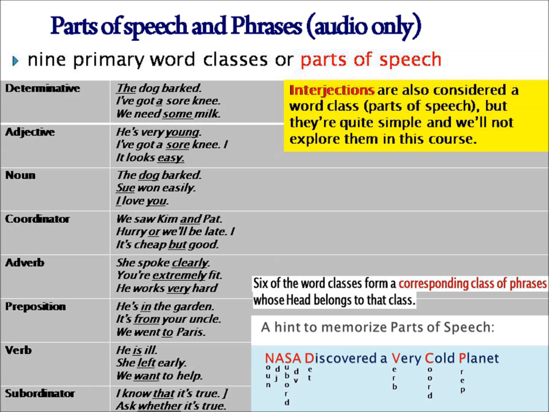This is a kind of macete de cursinho. Okay? So, I have created this sentence, this hint. NASA has discovered a very cold planet. Where we have noun. One of the A's, you can decide who comes first, adjectives or adverbs. Noun, adjective,